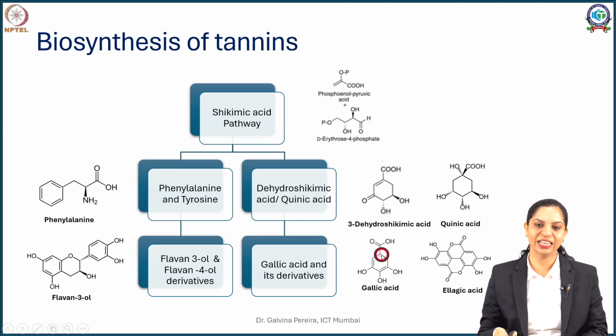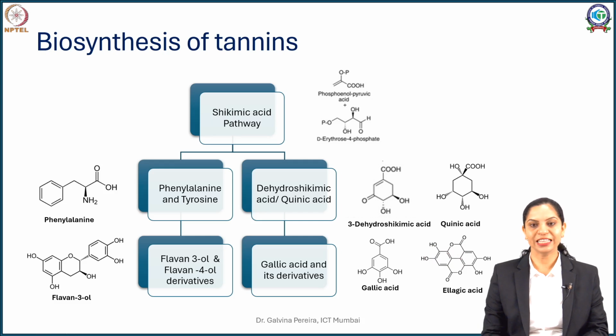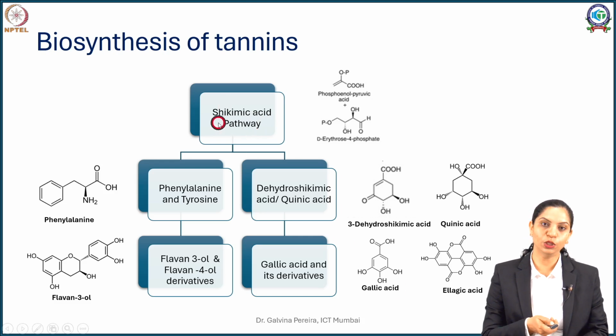Whereas in the previous session, we saw that two gallic acids mutually undergo a lactonization reaction to form what is called ellagic acid. Now this gallic acid and ellagic acid are hydrolyzable tannins and have their genesis from dihydroshikimic and quinic acid. Now when we go to the condensed tannins, you can see here the shikimic acid pathway also